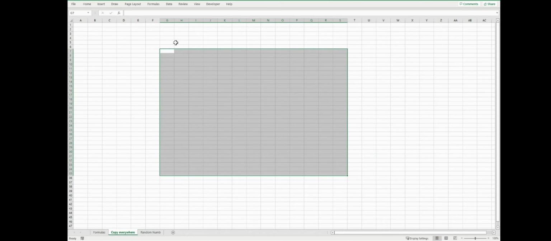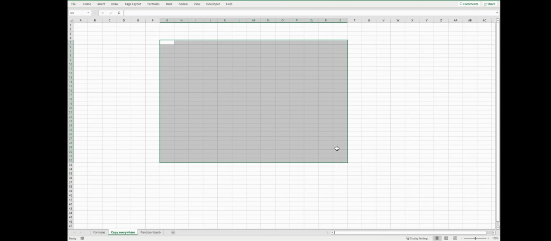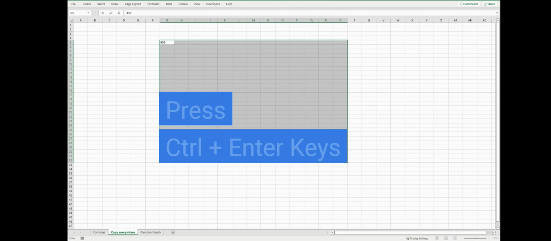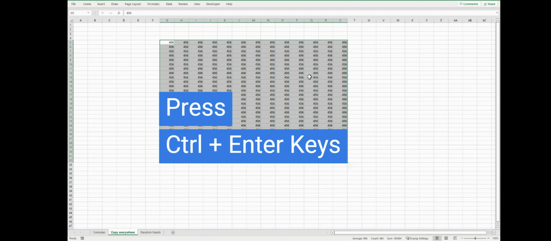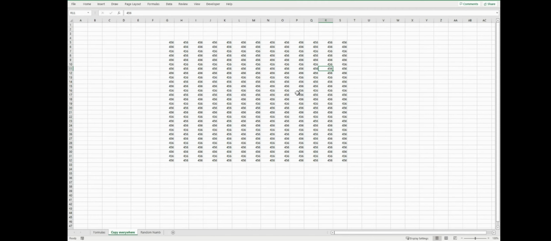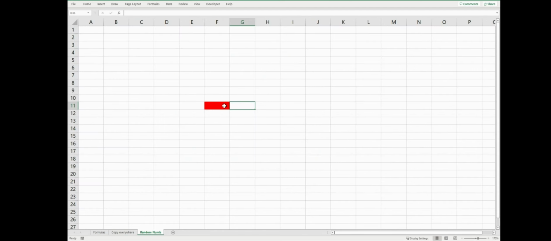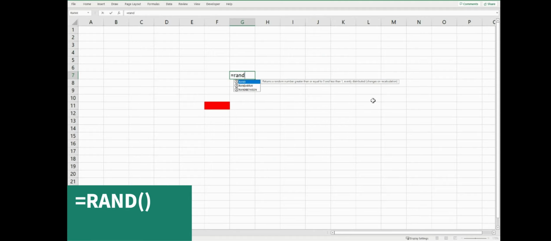Simple as that. Copy everywhere. How you can copy something everywhere on your spreadsheet. If you want to write something in multiple cells, very easy. Just type the number, for example, 456, and press Control Enter. Control Enter, and it will copy everywhere you wanted. Easy, isn't it? Then the random numbers. How you can write random numbers in your spreadsheet is equal to RAND